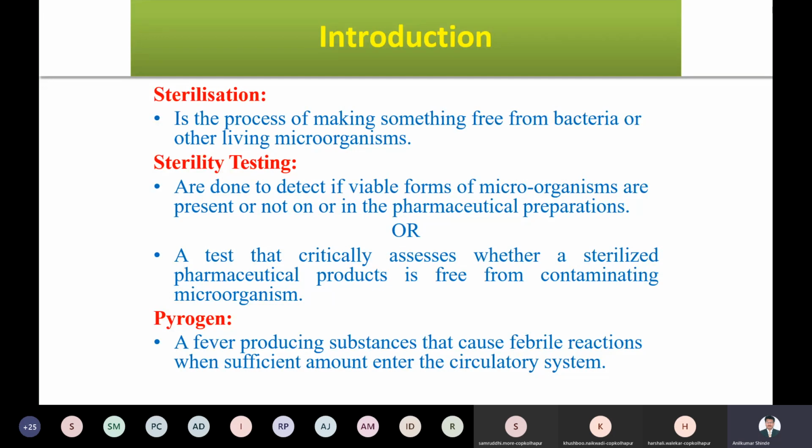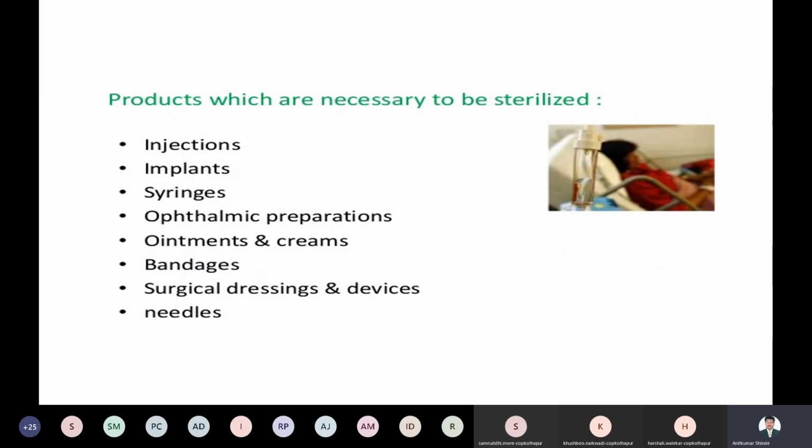Understand it? So aseptic conditions should be maintained in your manufacturing area, and the manufacturing area should be free from bacteria, right? Free from dust and free from all contaminants in that area. Then it is possible for your product to be non-contaminated. All right. To assure the safety of the product is very important. Whether your product maintains quality or not, whether your product is free from bacteria or not, you will check by sterility testing. Understand it? So this is about sterility testing.